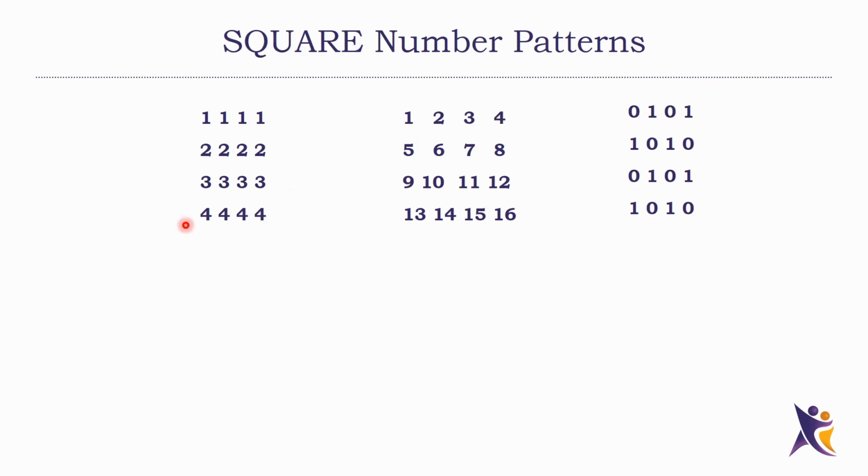So one thing you should observe is the number of rows and the number of columns have not changed. Here the number of rows is 1 2 3 4, of size n. Here also the same, 4, that's why n into n is 16. Here also the number of rows and number of columns are the same.